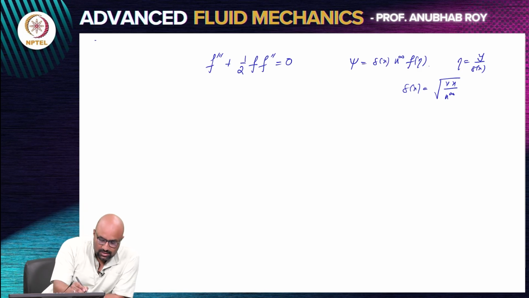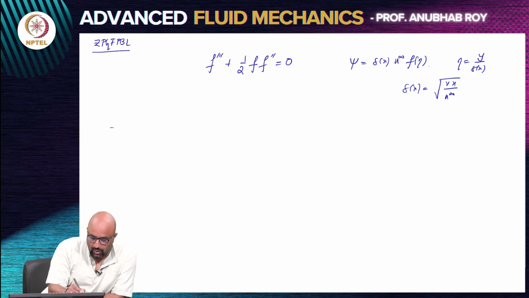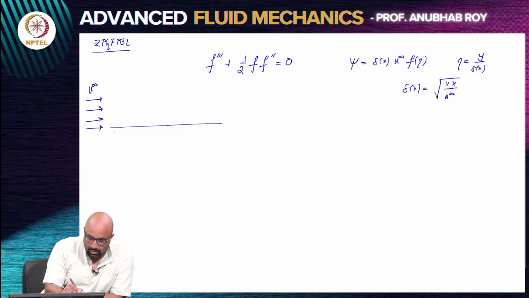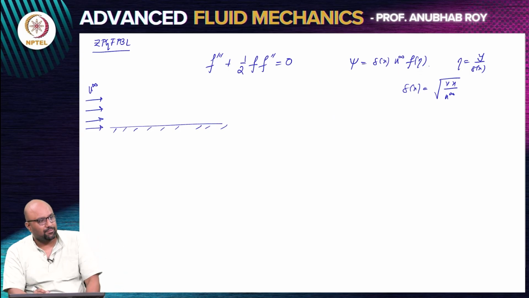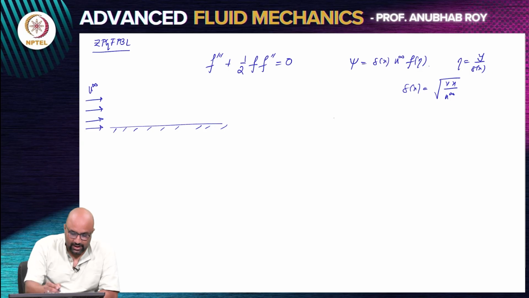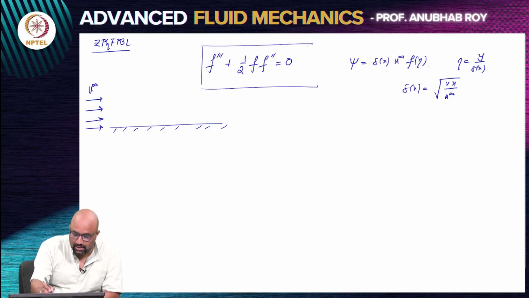So, this is zero pressure gradient flat plate boundary layer. So, you have an angle of attack also that is 0. So, there is a uniform flow which is incident on a flat plate with a 0 angle of incidence, and we obtained this description starting from Prandtl's boundary layer equation, that finally the boundary layer equation using the approach given by Blasius turns out to be this nonlinear ordinary differential equation, which has boundary condition that f prime at infinity